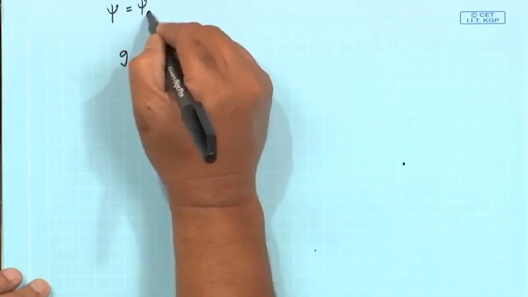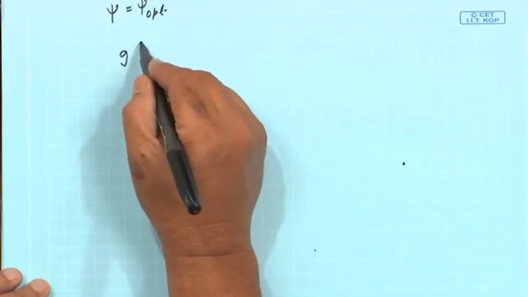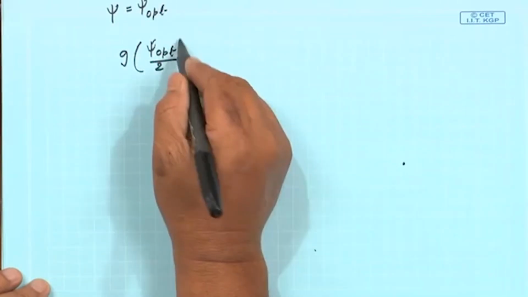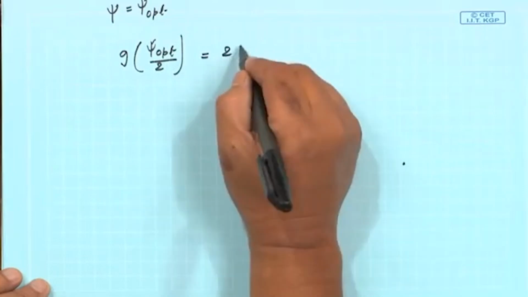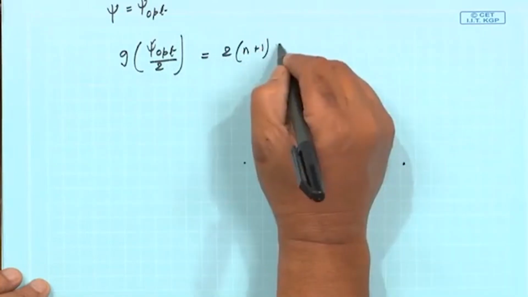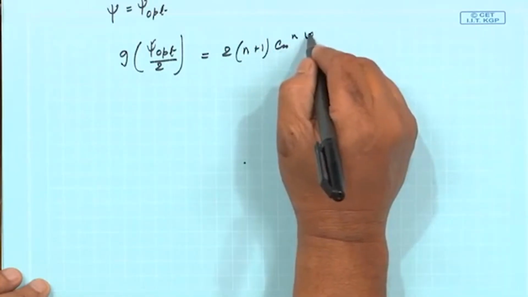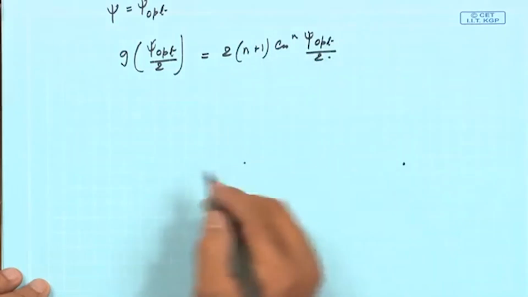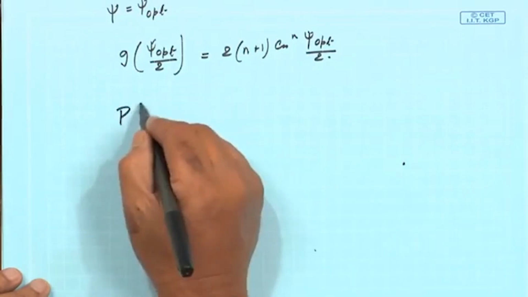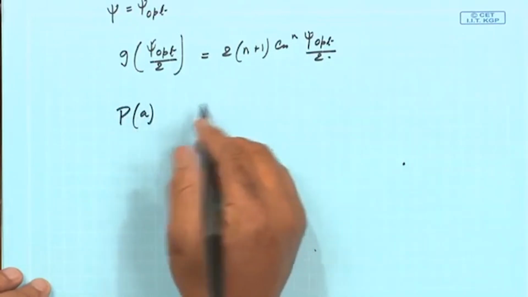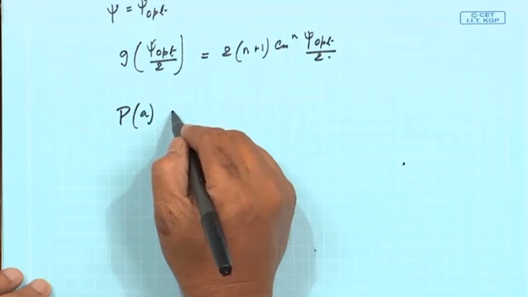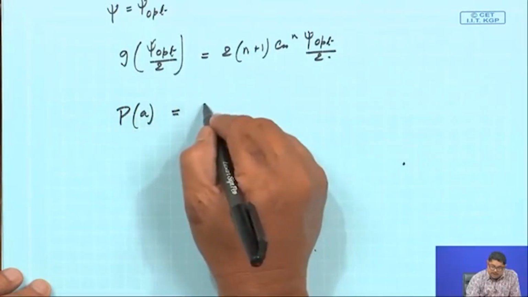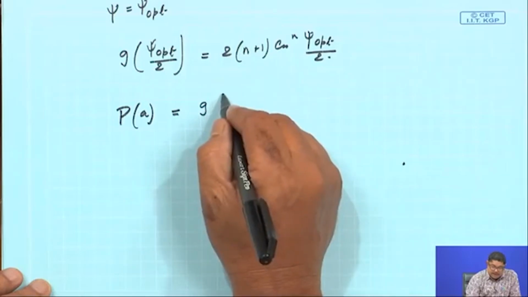So, let us call it psi opt. So, we know that G of psi by 2, that will be 2 n plus 1 cos n psi opt by 2. So, we have already found out power density in aperture P A in terms of the feed pattern. So, from that expression we can write